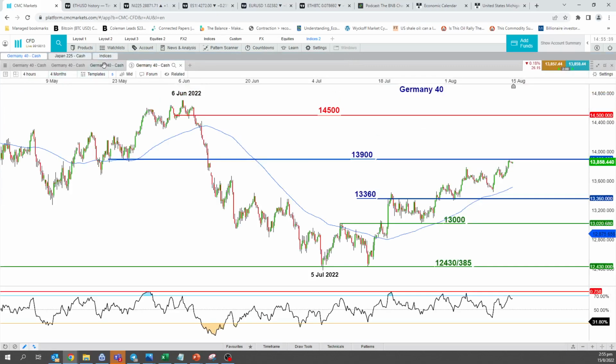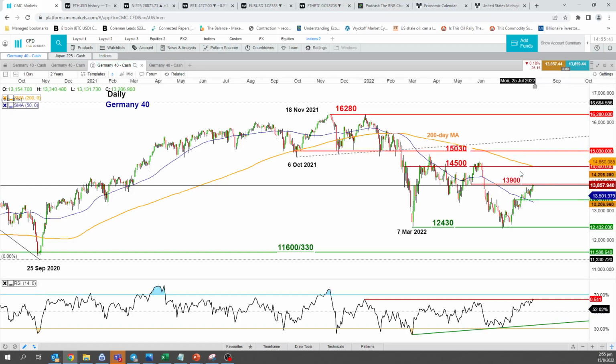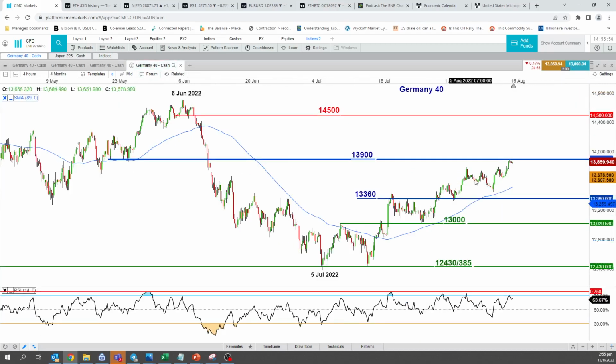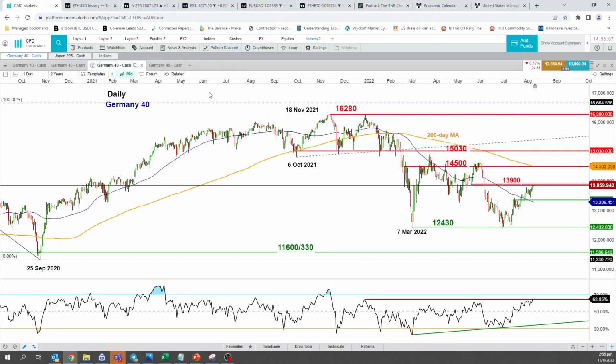Now, moving on, next will be the German 40 index. So on the daily chart on the German 40 index, last week we were neutral. Why? Because it's approaching this 13,900 level, and the RSI still hasn't broken above this intermediate corresponding resistance at the 64%. So all in all, we will still maintain that, we call it, neutral stance between 13,900 and 13,360. Unless we have a 4-hour close above 13,900, then I could validate a further push up towards 14,500, which is this swing high area over here, the swing high area of 22nd of April and 3rd of June.